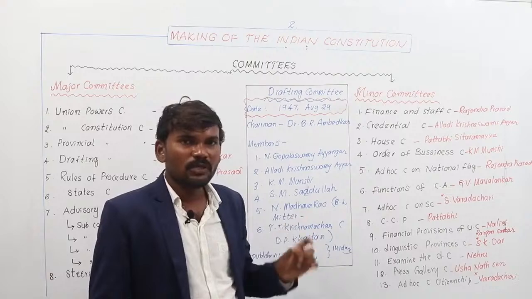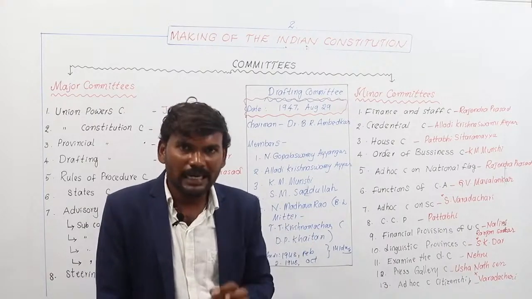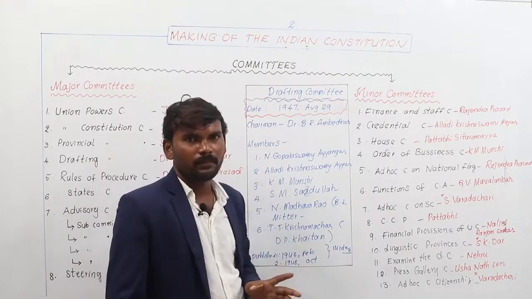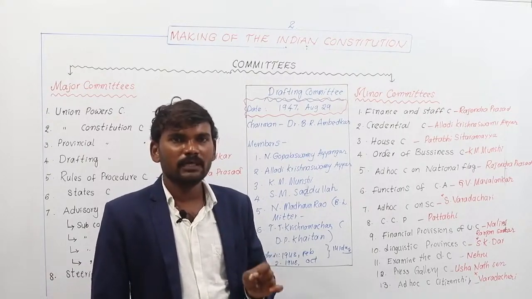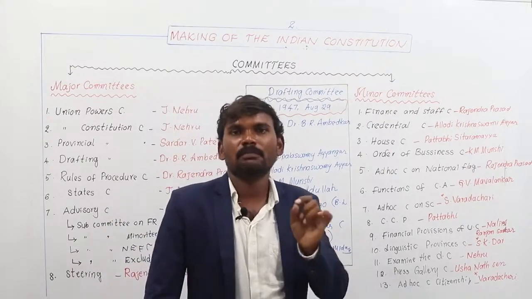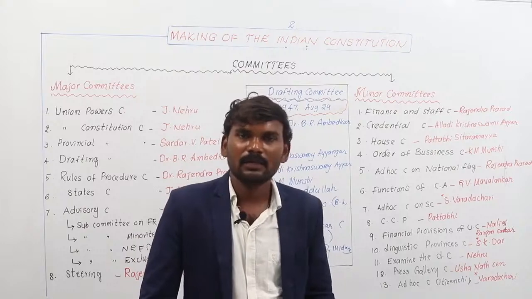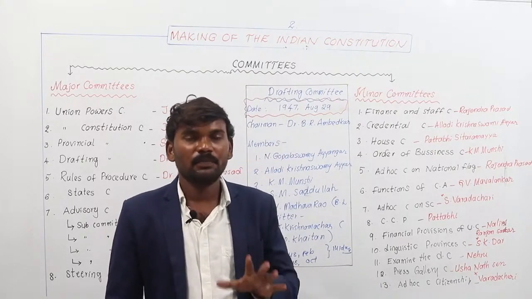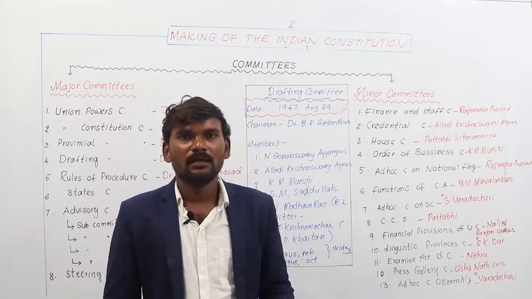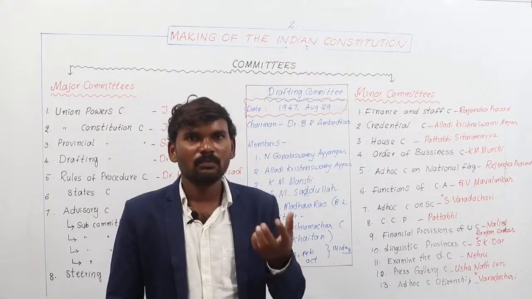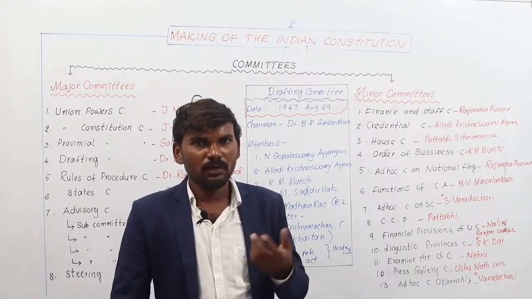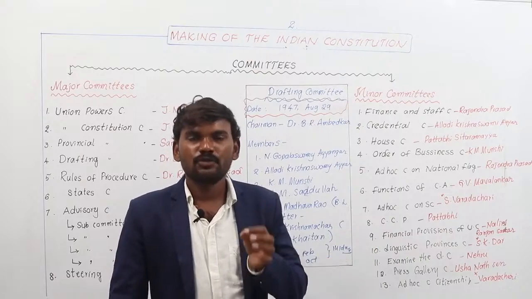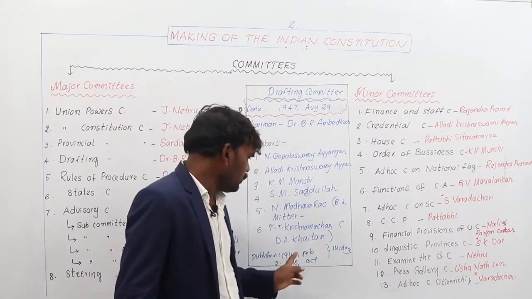This drafting committee published its first edition in 1948 February. The drafting committee made the draft constitution and it was published in 1948 February to the public, media and other organizations in society. 8 months were given to the public to give any recommendations, suggestions, modifications, changes. After taking various recommendations, changes and modifications from the public, media and others, the drafting committee published its second report in 1948